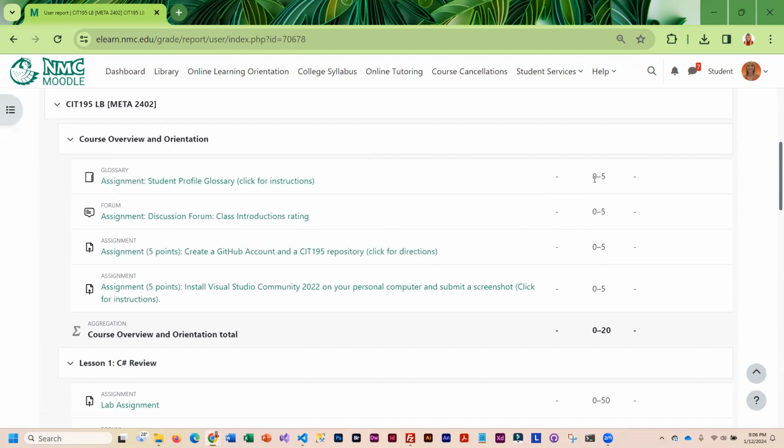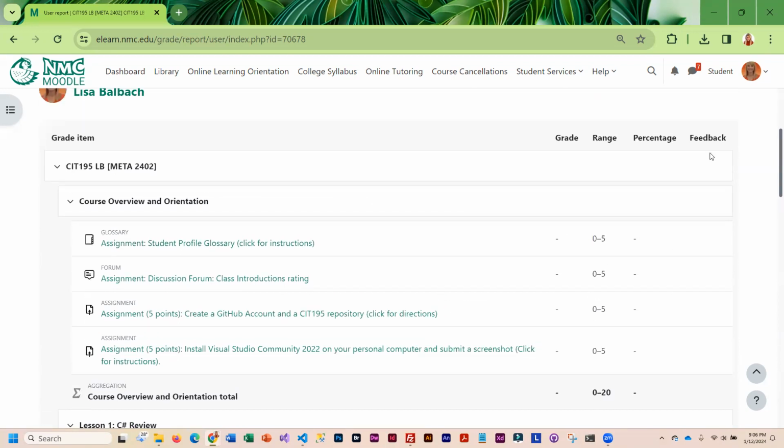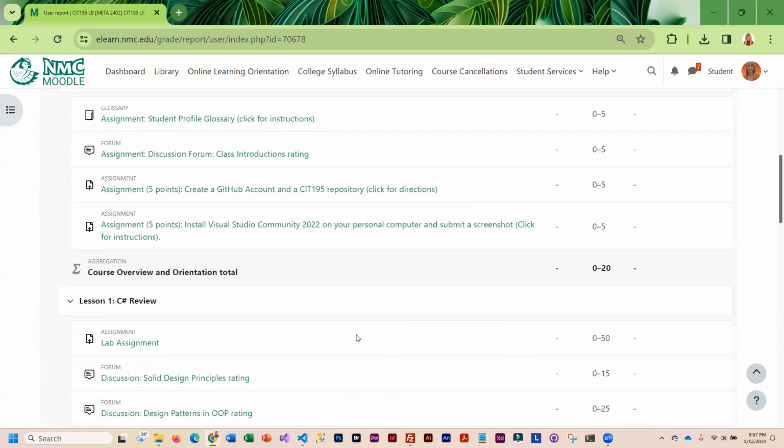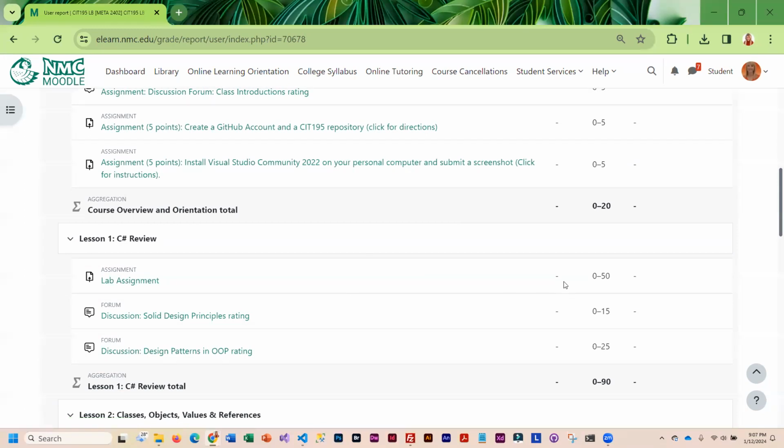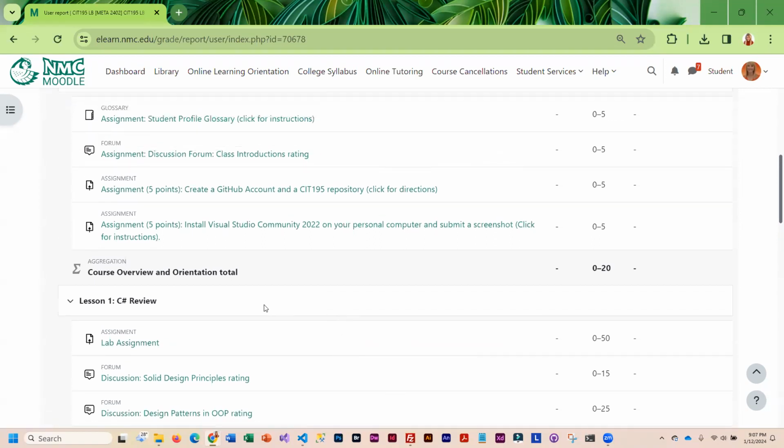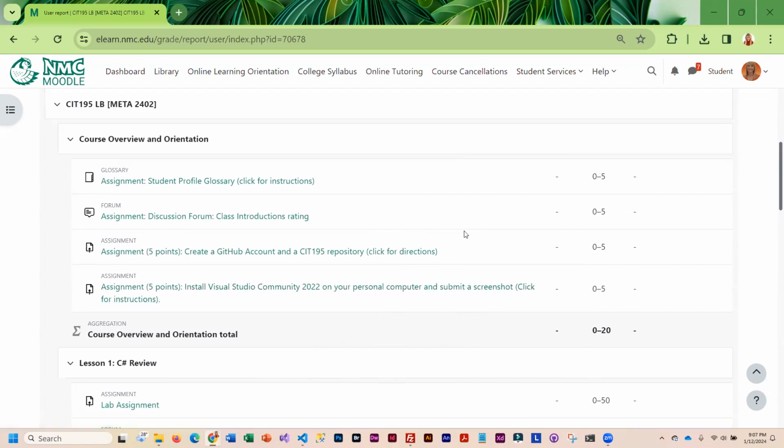But if you don't get all of the points, there's usually a reason why, and that is over here in the feedback. Once we get into the lab assignments, if you miss points, I will explain to you over here what the problem is, and you are allowed to resubmit one time for rescoring. Okay, so just keep that in mind. I will be posting when things have been corrected. Make sure you come out here and you look to make sure that you've completed everything and that you haven't missed any points that you're allowed to make up.